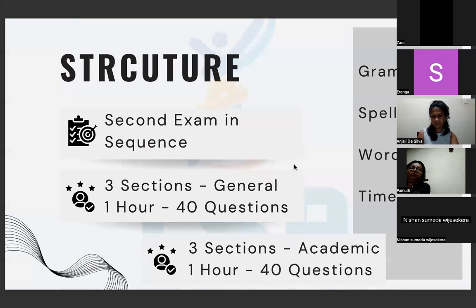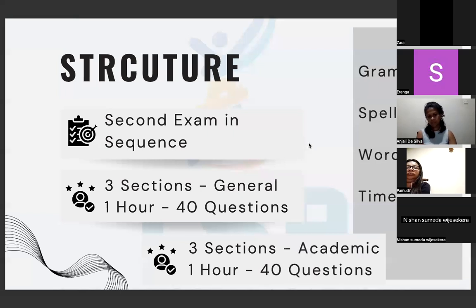Now, when you're doing the general test, you have the first paragraph. They give you about 7 questions. Then you have a second paragraph, and then you have the remaining questions. With the academic test, there are no such breaks. You directly have a single paragraph, 2 pages long, and you have to answer 13 to 14 questions from each paragraph. Clear? That is how the two are structured.